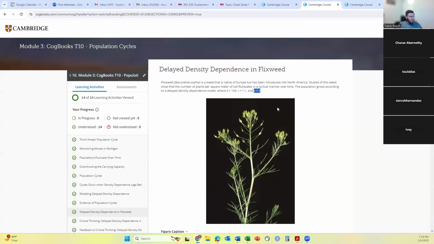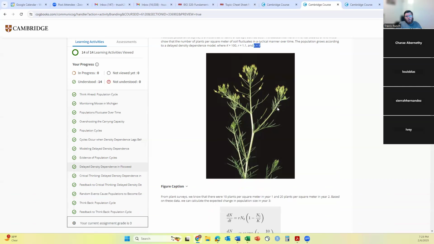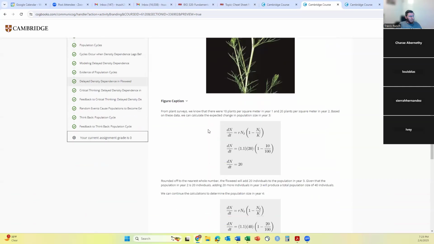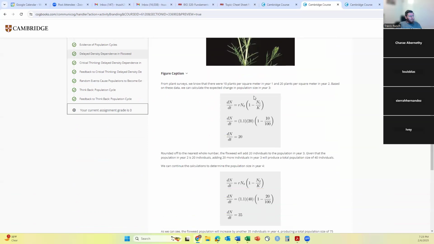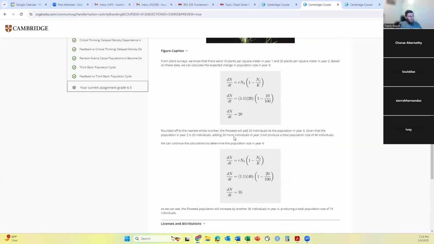You are potentially going to get tested on logistic growth. So this is some free extra practice that's a little misplaced, but it works for us actually in the long run. Right? We have our equation, we have the numbers that it gave us. We plug in our growth rate, our initial population, our population at year 1, and our carrying capacity, and we can estimate in the next year that the population is going to be 20 added to the population. And we take that 20